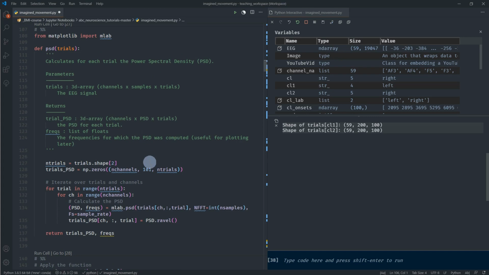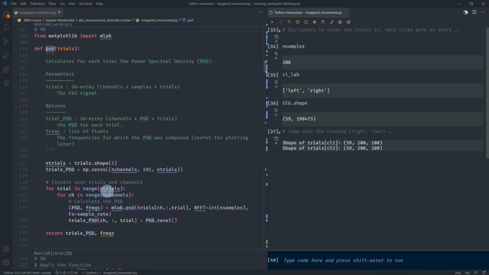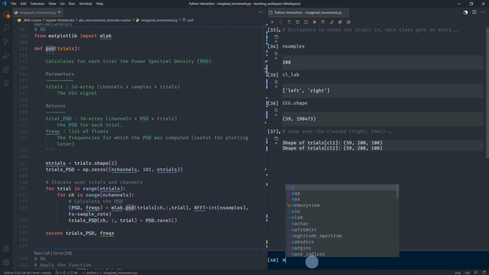Since the feature we are looking for is a frequency feature, which is related to a decrease in mu activity in EEG, we have to plot or analyze the power spectral density of the EEG trials. In this code, we define a function that computes the power spectral density for each trial. Okay, we will need this later on. We can simply loop through each trial using the power spectral density function, mlab,